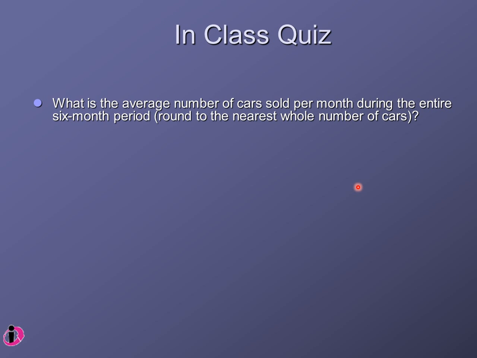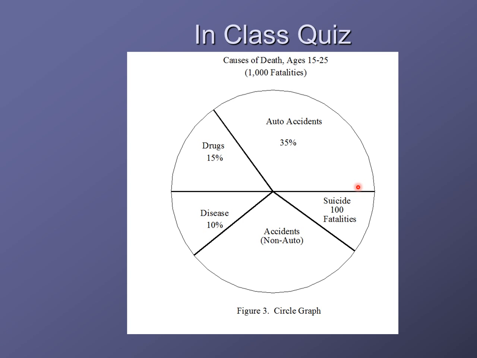So what is the average of the entire 6-month period? All you need to do is divide this total by 6, right? This is the actual sales. That's the average. Another example, let's say somebody gave us this circle graph, and these circle graphs represent the causes of death